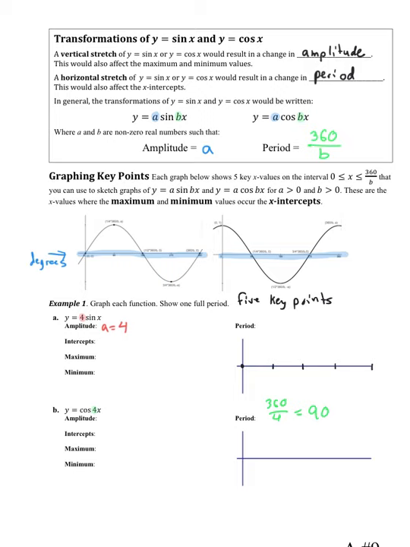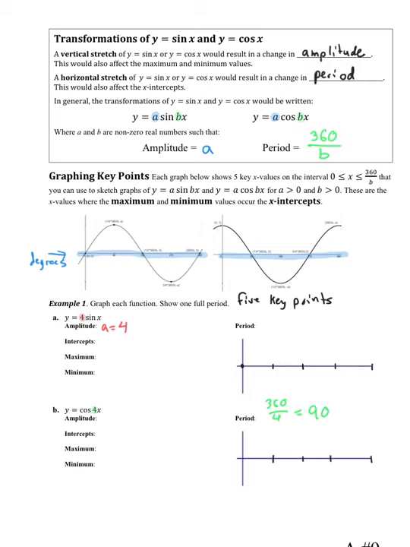Basically I'm going to split it into fourths. So there's 1/4, 2/4, 3/4, 4/4 across. I'm going to do that on the next one too. Because when I split it into fourths,